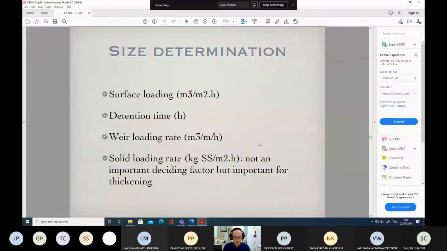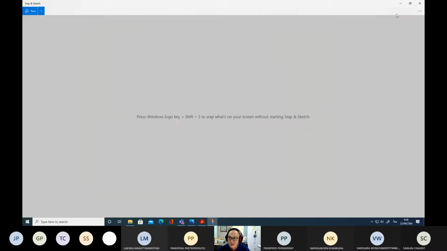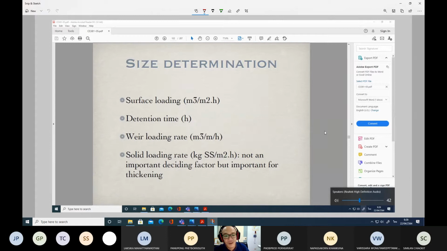We were talking about the size determination of the sedimentation tank. Actually, there were three major criteria we normally use to determine the size. The first one is the surface loading. Surface loading, in fact, has many terms calling these factors. Actually, the surface loading is